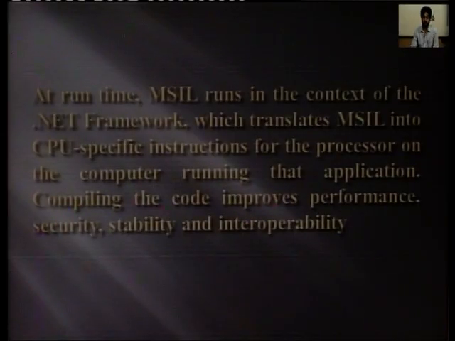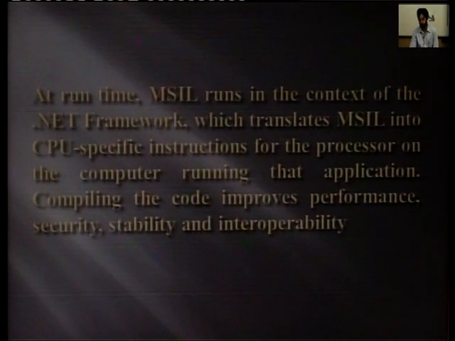At runtime, MSIL runs in the context of the .NET framework, which translates MSIL into CPU specific instructions for the processor of the computer running that application. Compiling the code improves performance, security, stability and interoperability.